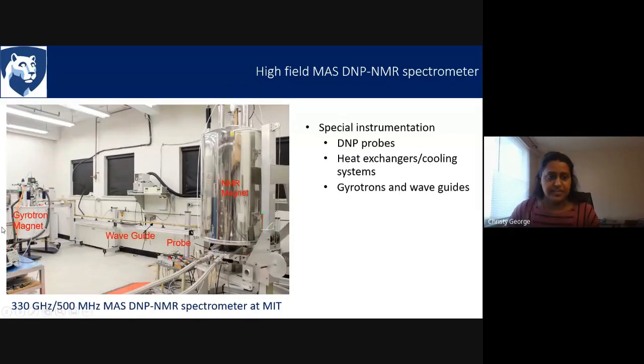So in this spectrometer, we have two separate magnets, one NMR magnet and the gyrotron magnet. And the microwave that is generated is transmitted from the gyrotron to the NMR magnet through the waveguides, the yellow pieces shown here. And this is the probe which is inserted from the bottom, and the sample goes onto the top of the probe, which is sitting somewhere in the middle of the NMR magnet. The cooling system, which is often referred to as heat exchangers, is not shown in the picture. It is somewhere here, and the cold nitrogen gas is coming through these lines here and goes into the probe.